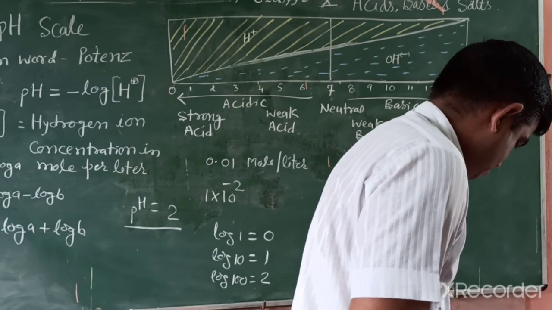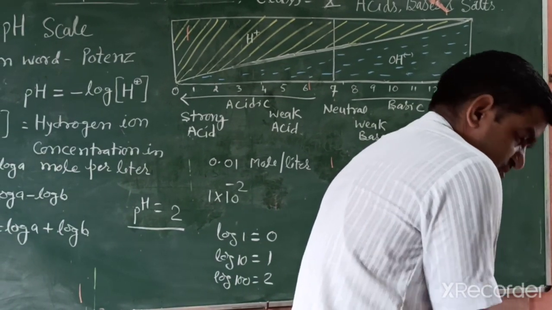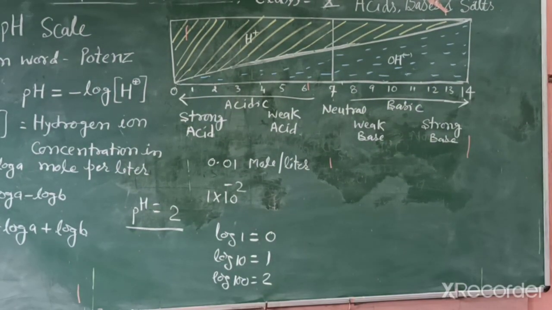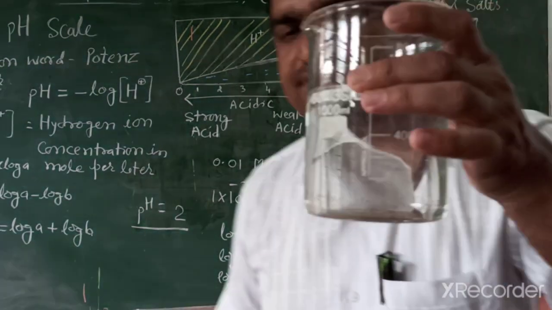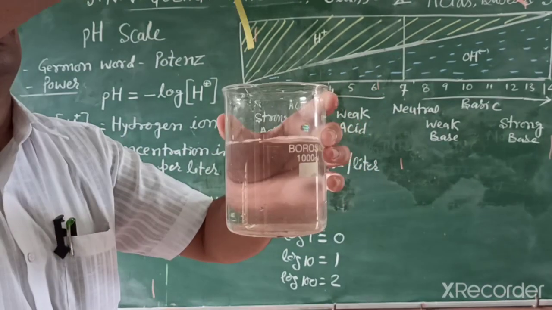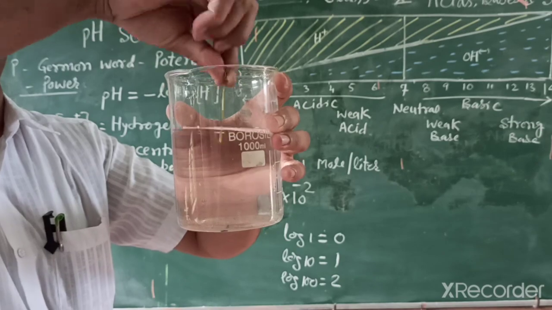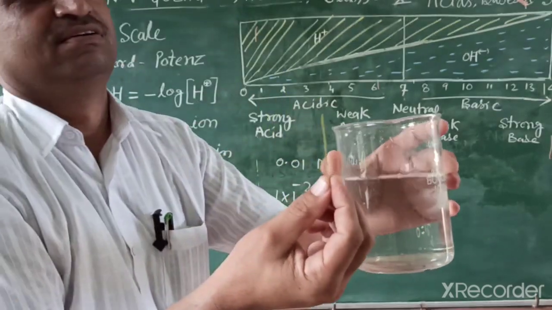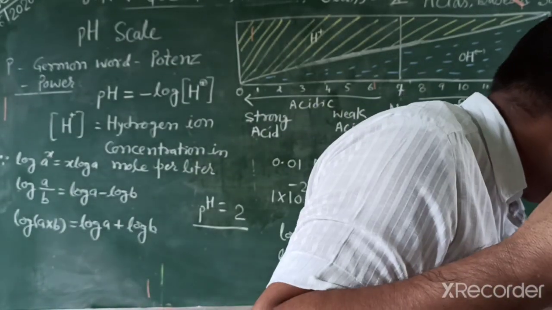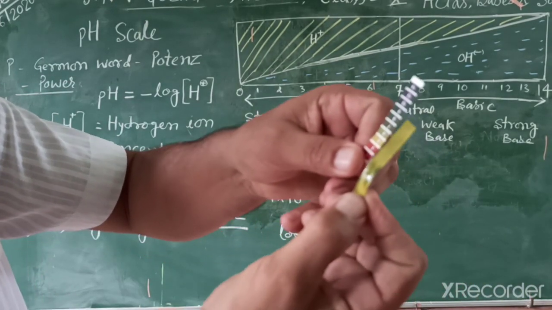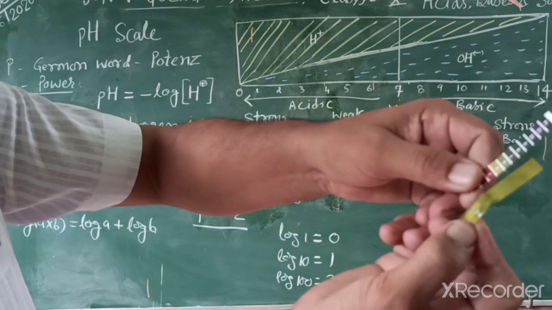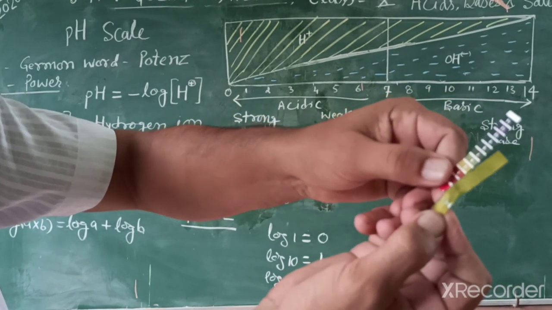And if you confirm tap water, this one is tap water, or we can say normal water. We want to identify what the pH of normal water is. When we dip in this, it changes into light green. So this light green color indicates tap water. So this color is near 6 or 7, slightly acidic. We can say near 7 because tap water is slightly acidic water.